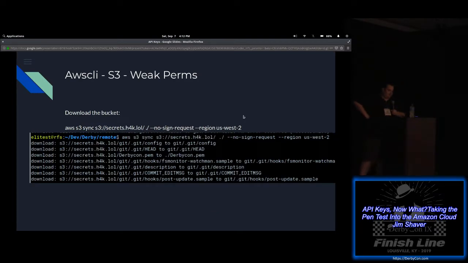Well, there's an aws s3 cp copy command, but because there's a large number of files, sync is probably better. You can do a sync, source, destination, again with no-sign-request, and you can even sync between S3 buckets if you want. So you could go from this S3 bucket that I'm attacking to an S3 bucket which I control. Or you could just go to your file system. It depends on how much data you have too. If you don't have much room on your workstation and you want to store it in the cloud, you can do that.